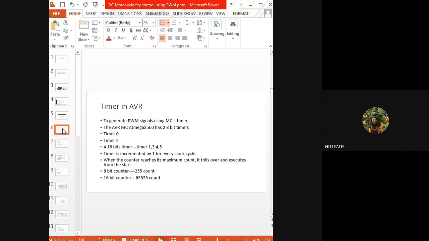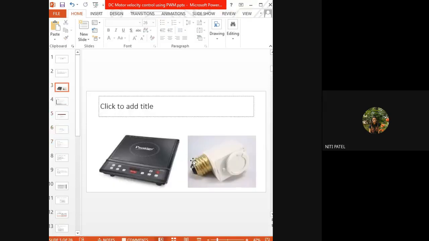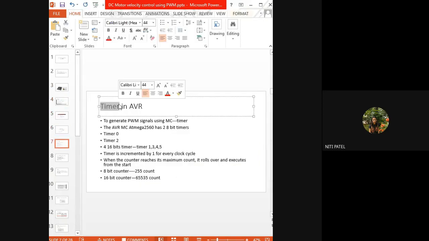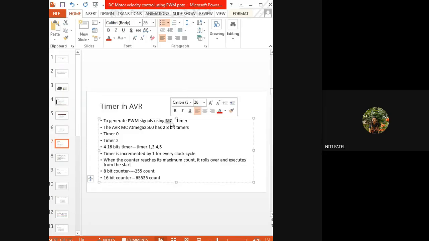तो ये जो signal हम यहाँ पे पढ़ रहे थे, ये कौन generate करता है? They will be generated by these timers, which are there inside that Firebird 5. So it is a function of the timer to generate this pulse width modulation. Along with the timer, the microcontroller will also be used. Both of them will be working together to generate these waveforms.